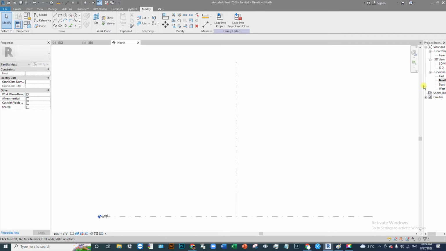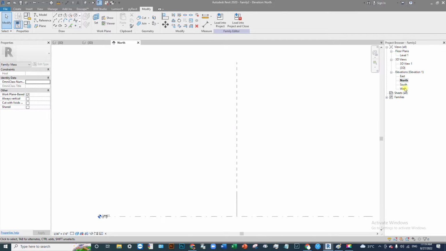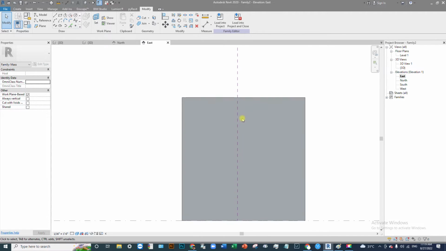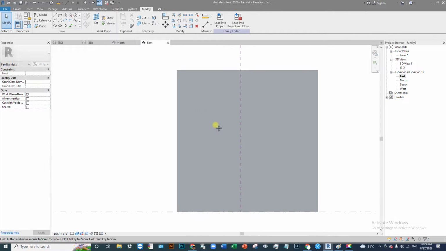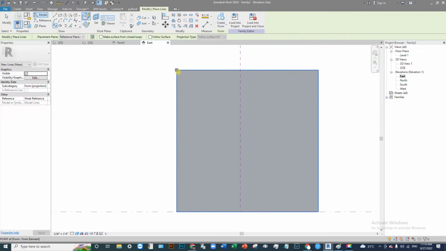Just span this panel, then we will show this panel, and so go to east elevation and this panel will show. So I just select the SP line through point, and